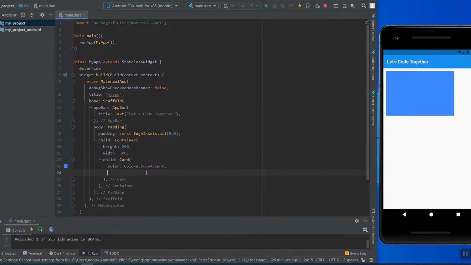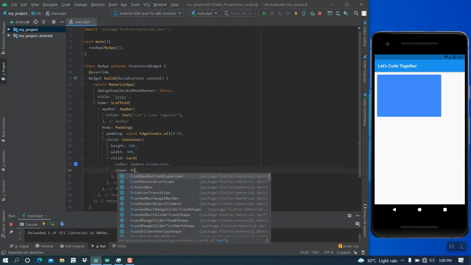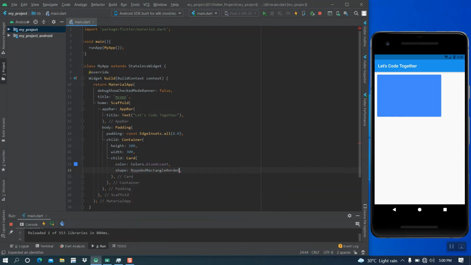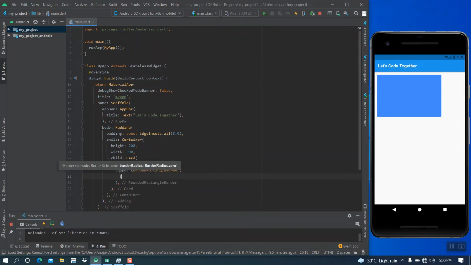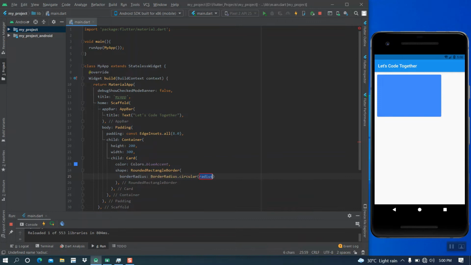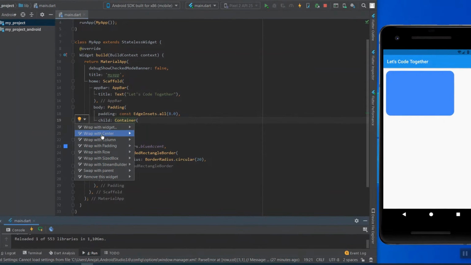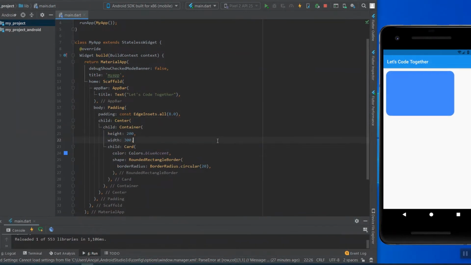For that I am using the shape property. Now I am making this container center. Hit Ctrl S.